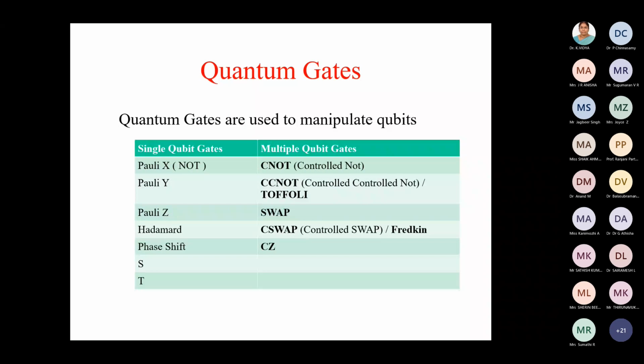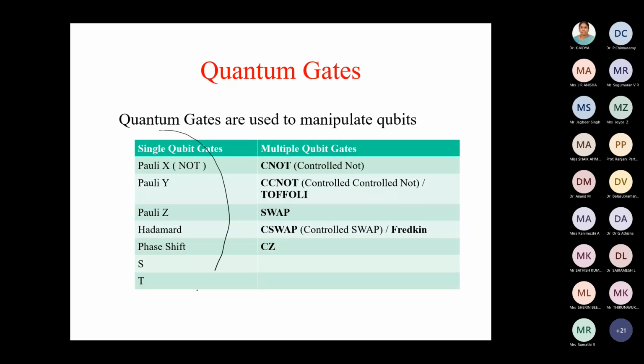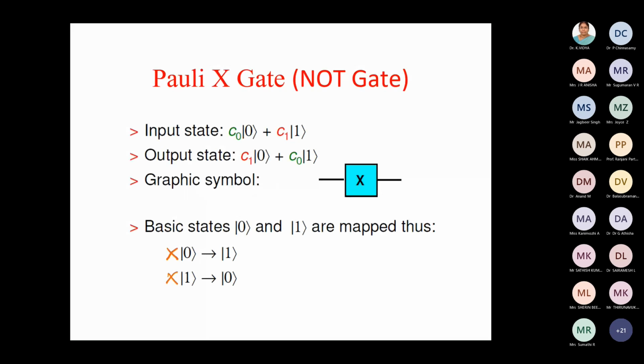So there are two kinds of quantum gates. One is single qubit, which operates on a single qubit, and the others are multi qubit. Every single qubit gate is this operation only. So at a high level, we can say that every single qubit gate is just moving one state to another. How it moves depends on the specific values of the gate: X, Y, and Z, and the Hadamard and phase gates. That we will be seeing. So just come to that single gate.